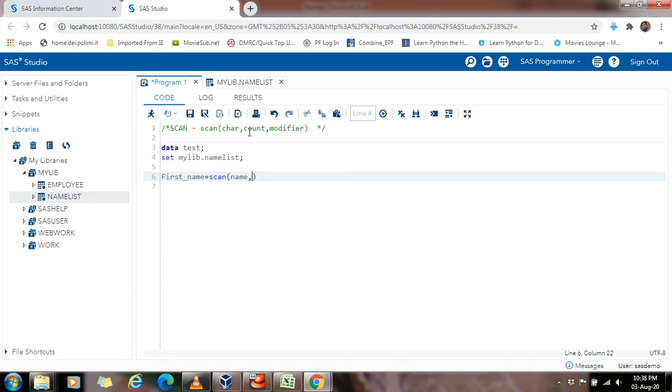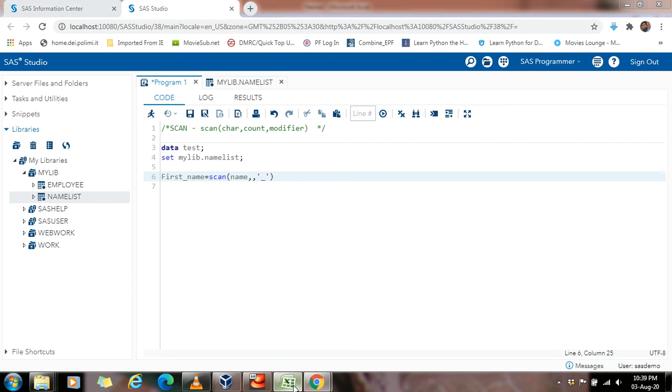Then it asks which part you want. For now we gonna just keep this blank. Then we need to provide the modifier. You need to notice one thing, the modifier you have to provide in inverted commas. So I am just putting inverted commas and then underscore.